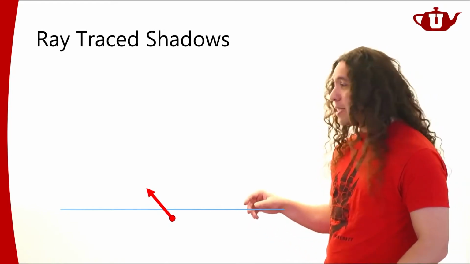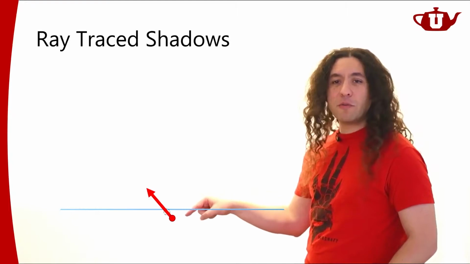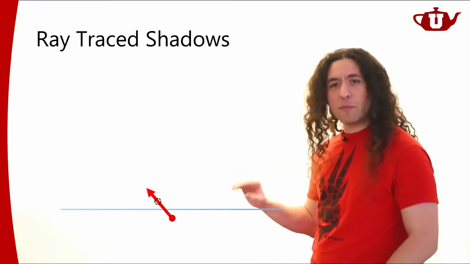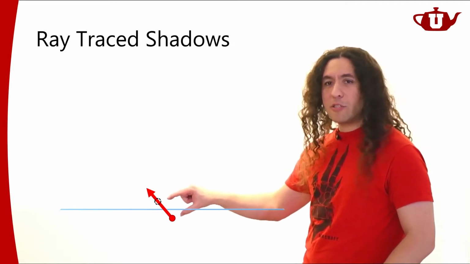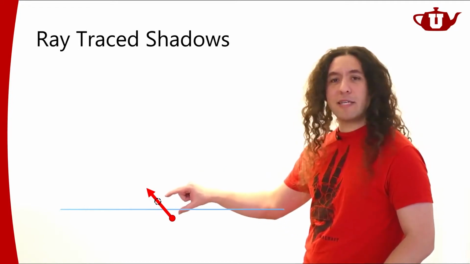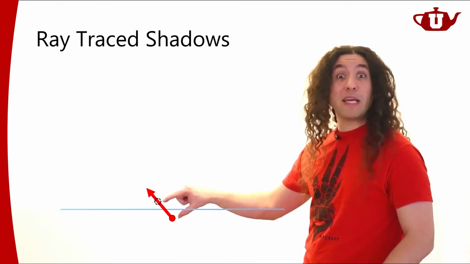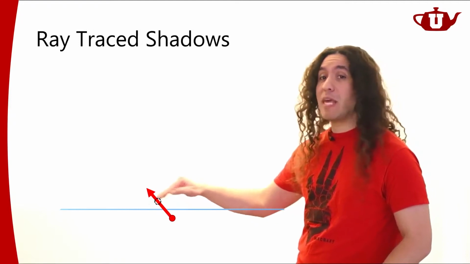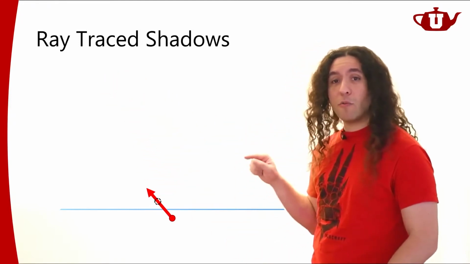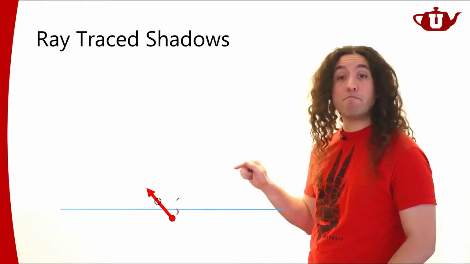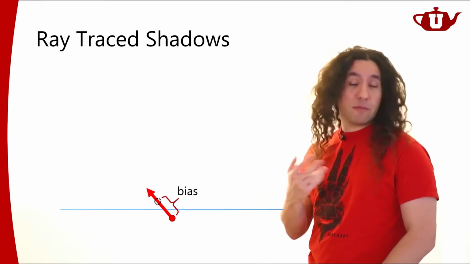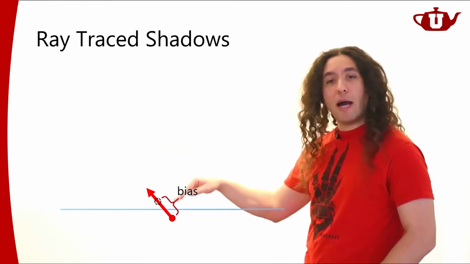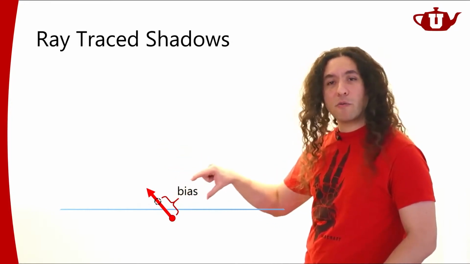So what we're going to do is effectively, it's as if we're moving the ray origin up a bit. We're actually not necessarily moving the ray origin. We're just going to assume that any intersection in this range will be ignored. I'm only going to be interested in intersections beyond this point. Right? So what I'm going to do is I'm going to add some bias. This is what it's typically called. I'm going to add some bias, and with that bias, I'm going to ignore all intersections within this range.